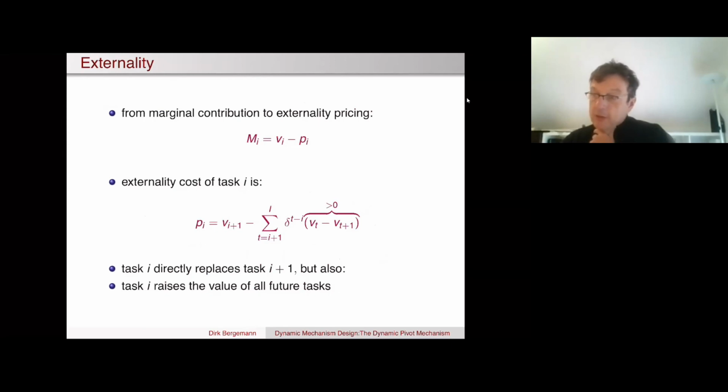So now we have the notion of marginal contribution, at least in the context of the queuing model. Now we think about how to price the externalities. So what's the externality? Well, we want to make sure that the price that we are charging is such that the agent then receives in equilibrium as his net utility his marginal contribution. So this equality here,